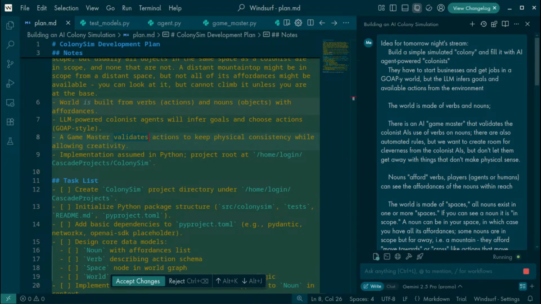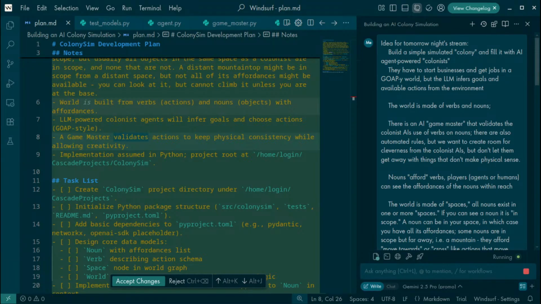So the idea is that the players are LLM agents, but there is also a game master LLM agent who they interact with. It's not all just the AI, because that would be expensive and slow, but there are hard-coded rules, and then this AI game master allows you to kind of mess with the rules a little bit in case you have something that makes sense, but the rules don't technically allow it.